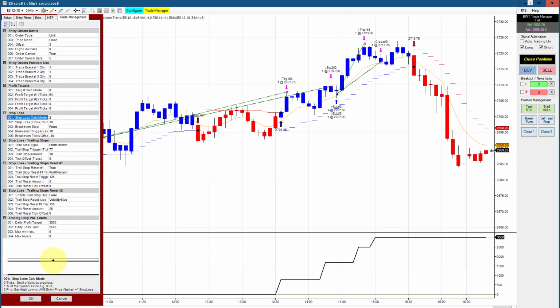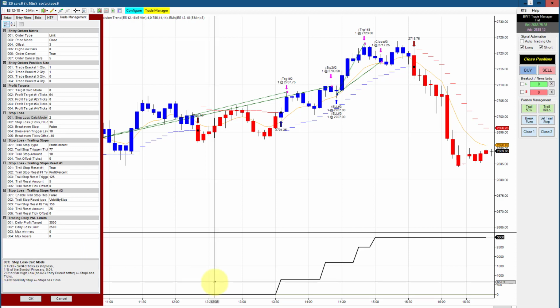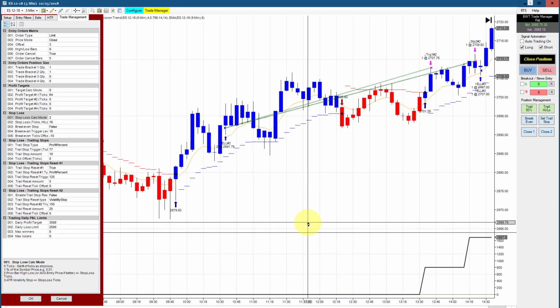Now down here is the dialog box. So usually I have this set at 0 for most charts, which is just trailing the stop by, your stop loss is set in ticks. But setting it to 2 here, the stop loss is the prior bar high or low. So what that means is that